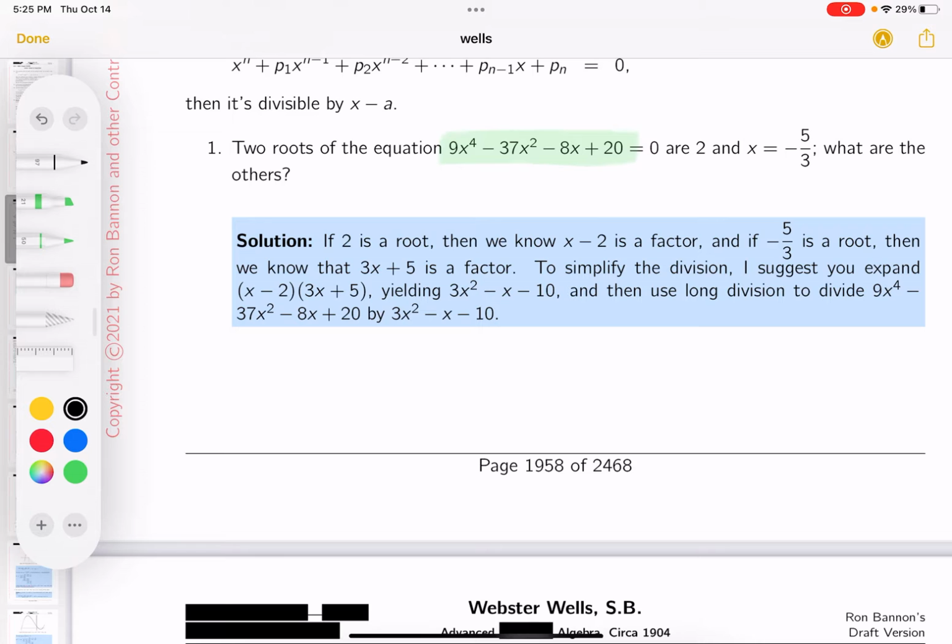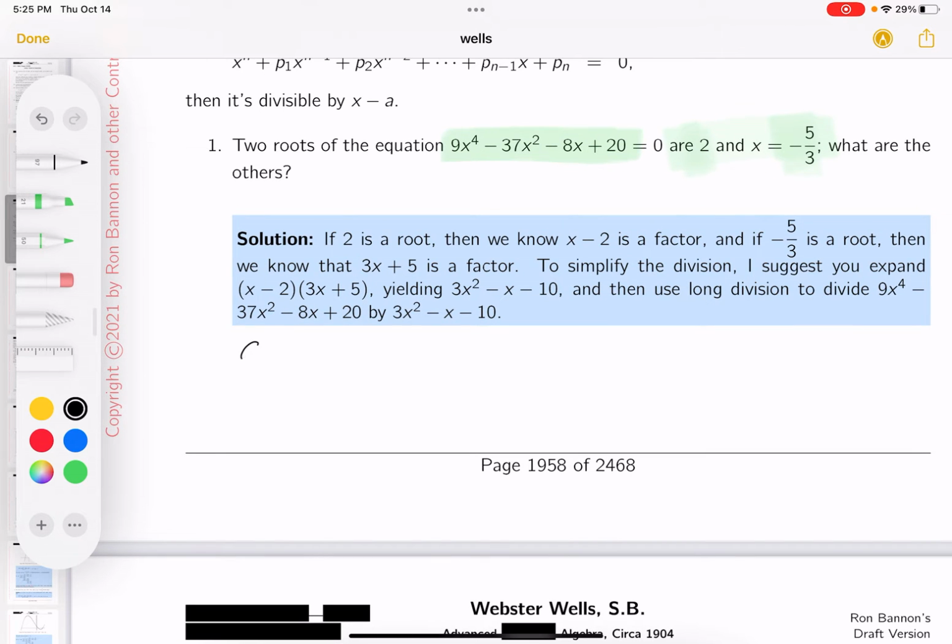Now, what am I saying over here? I'm saying that these are roots. Oops, sorry about that. I did it again. Both of these are roots. So what I want to do is write down, if they're roots, I know the factors. Let's write this down. So 9x to the 4th power minus 37x squared minus 8x plus 20 is equal to,